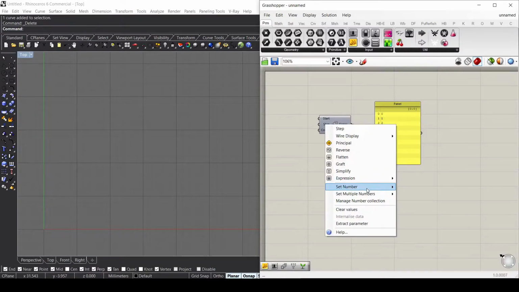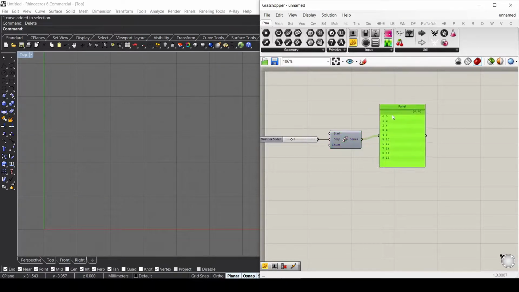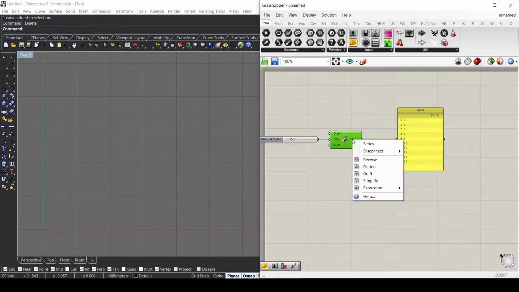If we change the step, with right click, we change the step number. We can either insert the number here, for example 2, or we can use a slider and connect it here. And as you can see, we now have a step between numbers of 2, so 0, 2, 4, and so on. So if we right click on the output of our component, we see that we have reverse, flatten, graft,